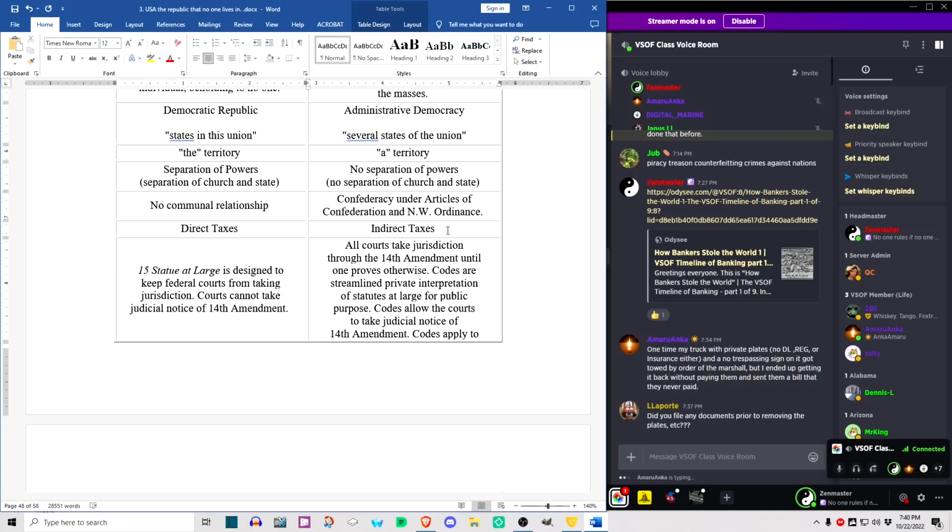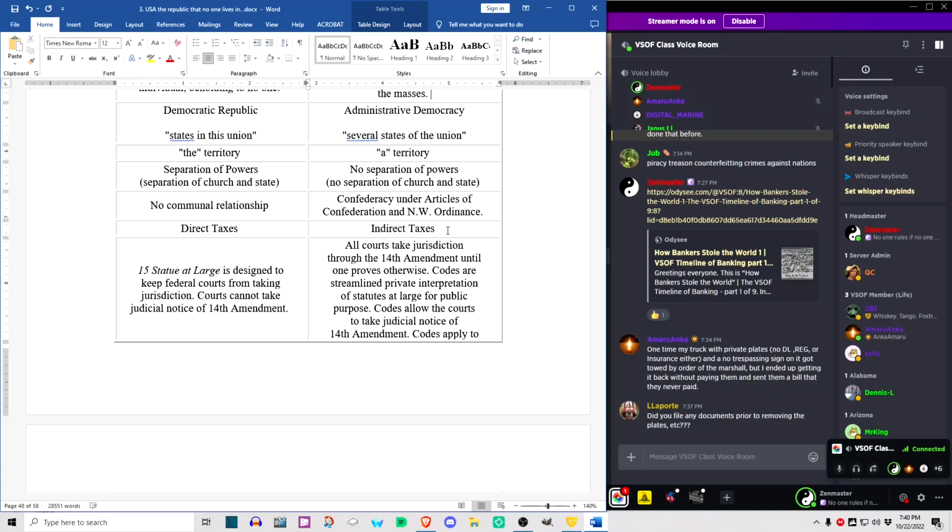So an indirect tax is something like gas tax, or something like tax on cigarettes, or something like tax on alcohol, right? That's an indirect tax, because not everybody necessarily has to pay it if they don't drink, if they don't smoke, or if they ride their bike and don't own a car, say, right? So you can avoid indirect taxes by simply doing something else. You can grow your own tobacco. You can distill your own alcohol, or brew your own beer, or brew your own wine. That's fine. You can get away from those indirect taxes.